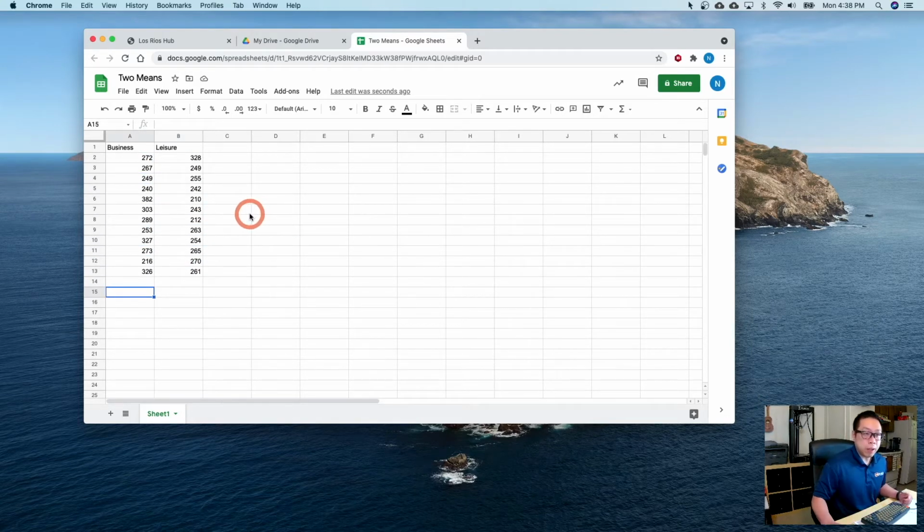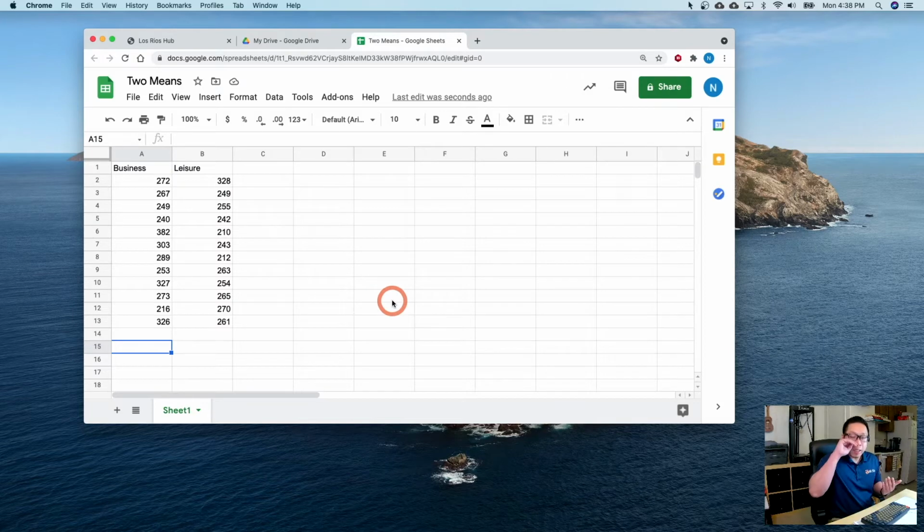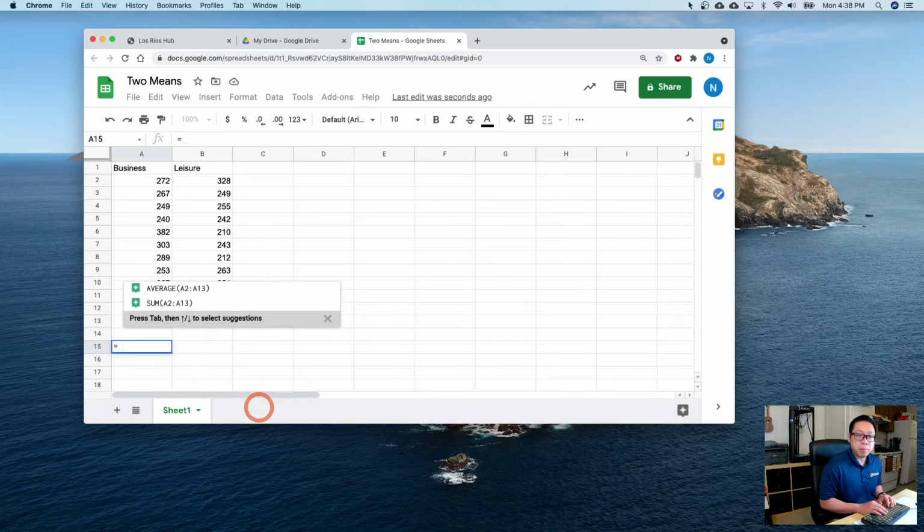Okay, so I have the data entered. Let me actually zoom in here. What I need is, I want to find the mean and the standard deviation for the business and the mean and standard deviation for leisure. And in Google Sheets or Excel, the command to find the mean is equals, average,